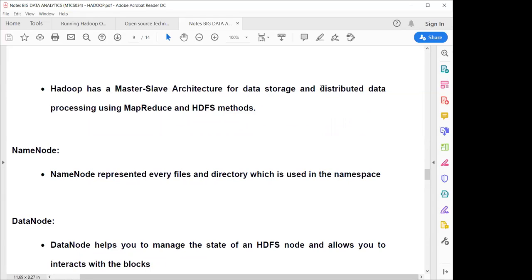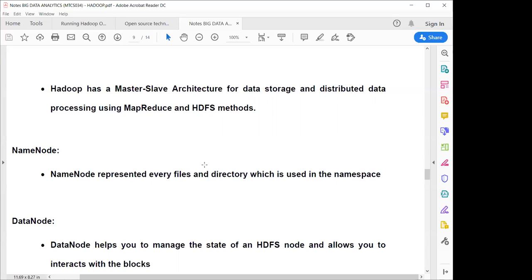It is distributed data processing because all of your data is located on different computer systems, and this data is recorded by your HDFS file system. They are monitored and fault tolerant, so they have duplication. For example, suppose we have data on slave node 1 and it goes down, then what will happen? HDFS and your Hadoop system will manage the data so that you are not going to lose your compute processes or your data. So MapReduce and HDFS will take care of this.